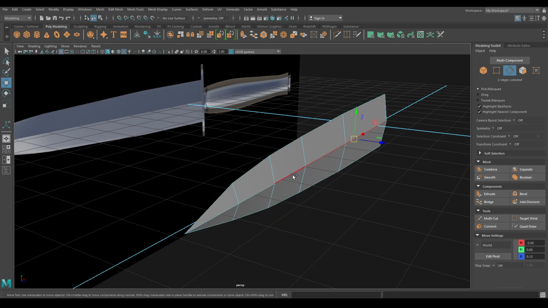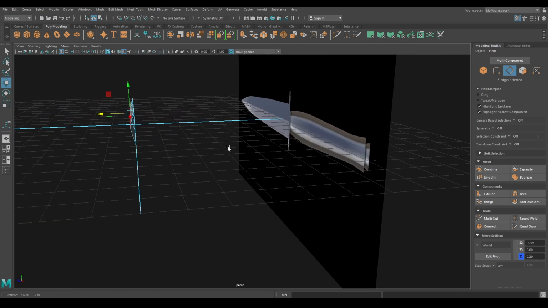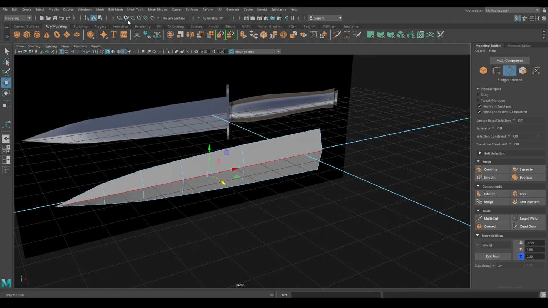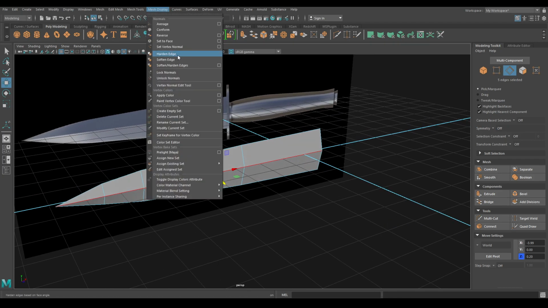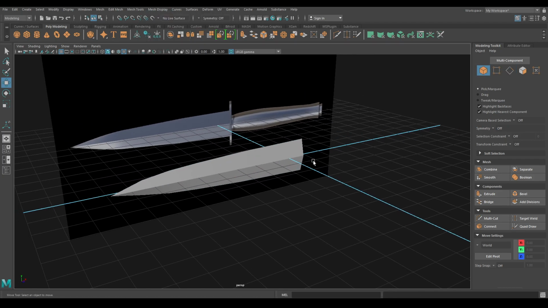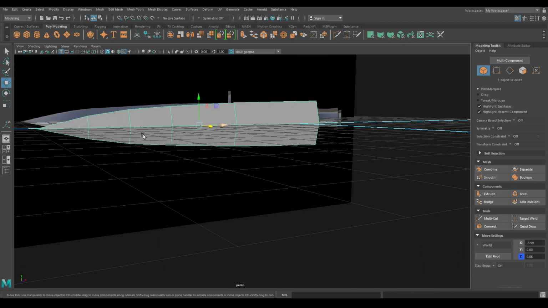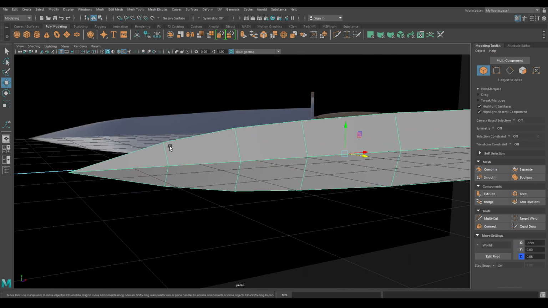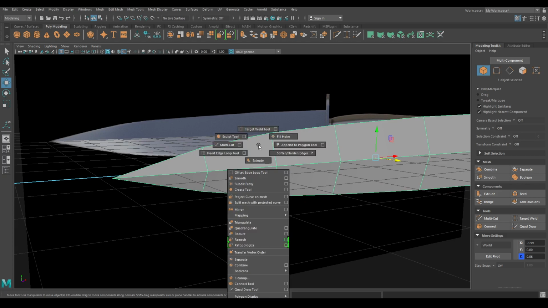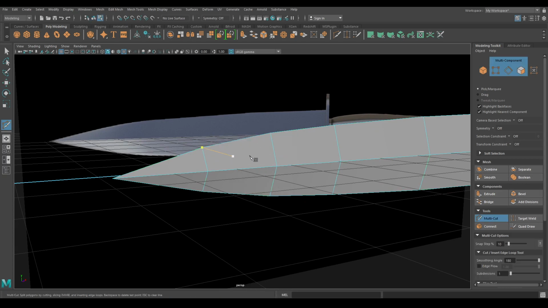Go to edge mode again, select this edge and pull this out a little bit more. Go to mesh display and select this harden edge. Now again press shift right click and take this multi-cut tool.